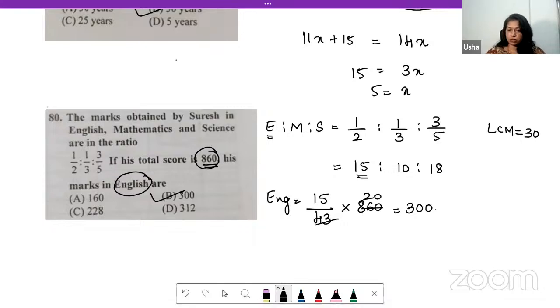Understood this? A very straightforward question. We will solve the next question. The next question is